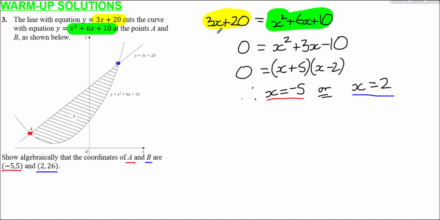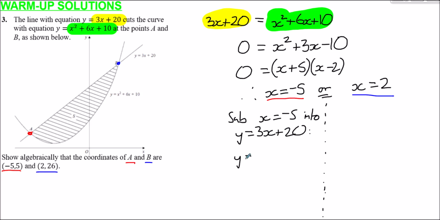To find the y-coordinates, we sub in each value into one of the initial equations, either for the straight line or the curve. It doesn't matter which. I'd suggest the equation for the straight line is easier, so I'm going to suggest we substitute our x values into this equation for the straight line. So now, for this one, if I sub x equals -5 into y equals 3x plus 20, I'm